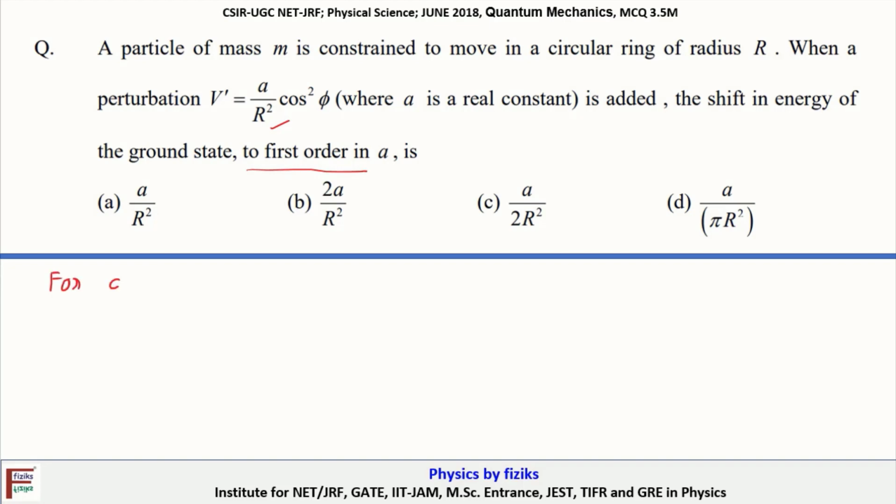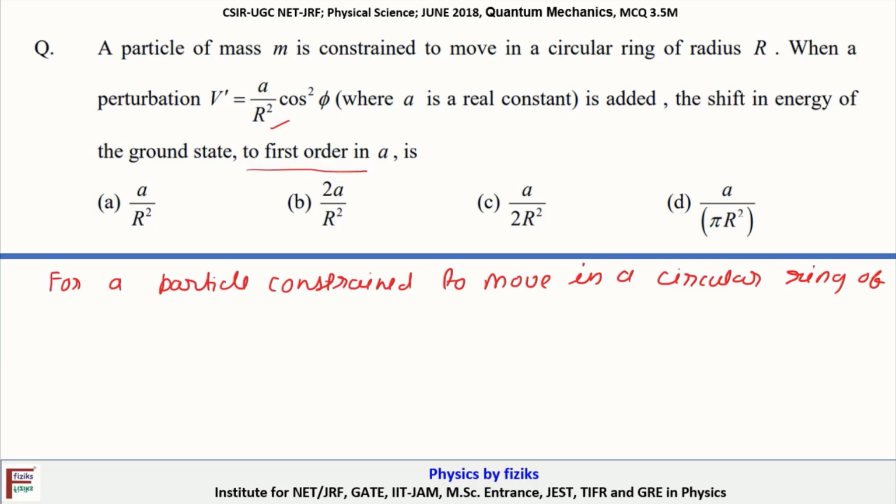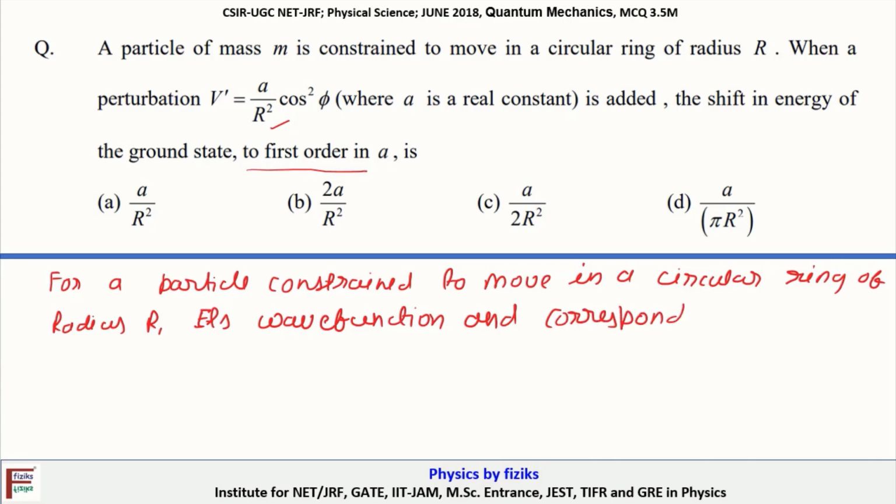So for a particle constrained to move in a circular ring of radius r, its wave function and corresponding energy eigenvalues are given by